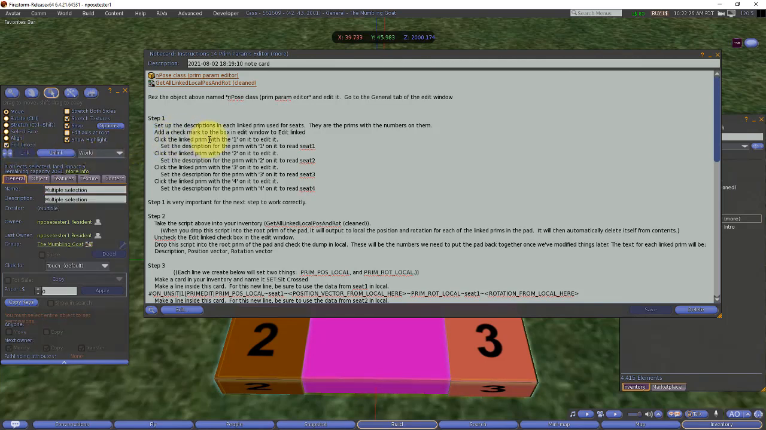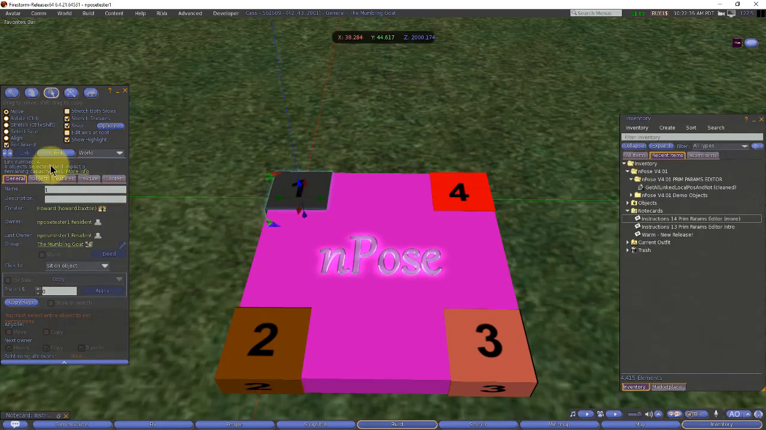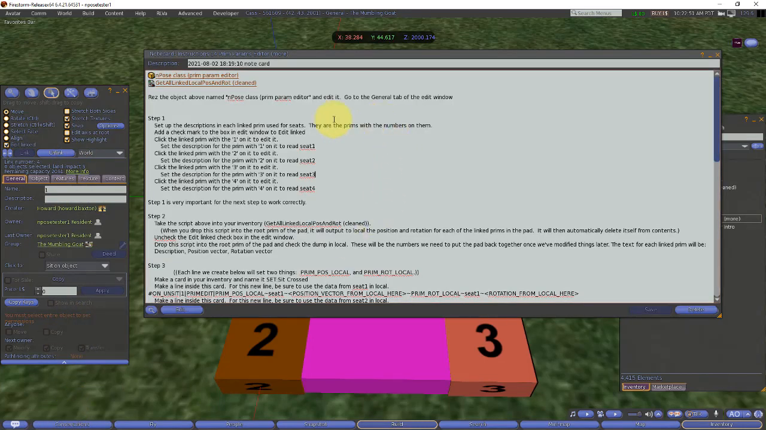And then it says click on the link prim number 1 on it, and it'll edit that. So let me get this out of the way so we can see it. With that there, we see that is link number 4 actually, but we're naming that link number 4 as our seat number 1. Okay, and in the description field, it's asking us to